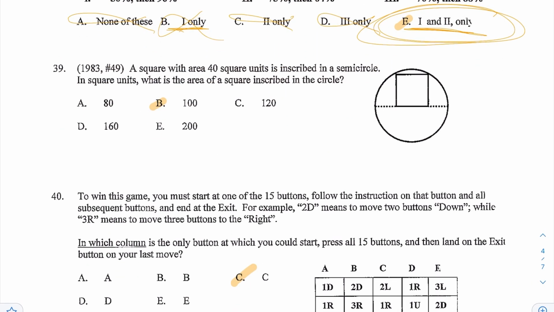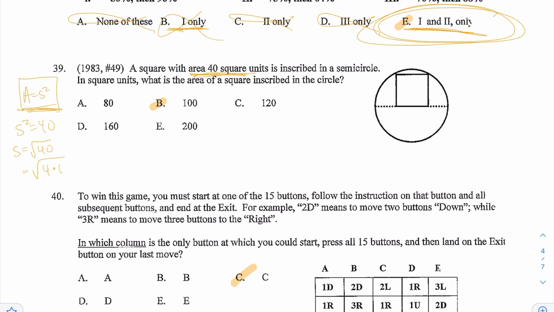All right, next for number 39. A square with an area of 40 square units is inscribed in a semicircle. In square units, what's the area of the circle? All right, so here, a square with an area of 40. So here for a square, you can solve for the area using side squared. So if side squared is equal to 40, side would be the square root of 40, which you can simplify as